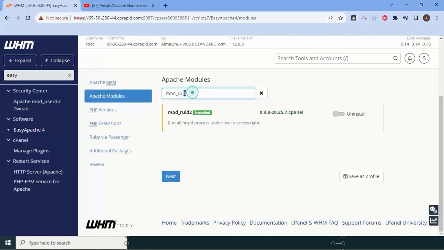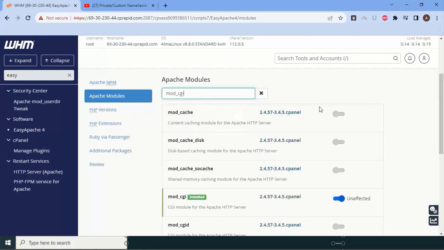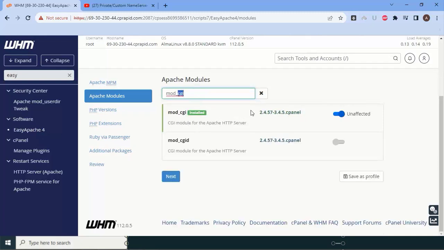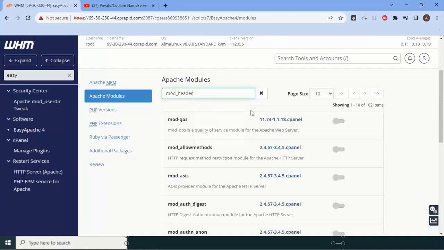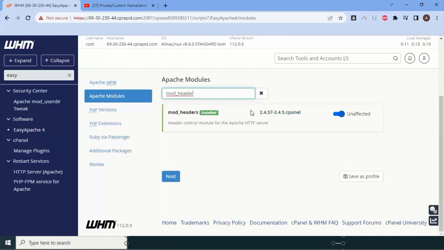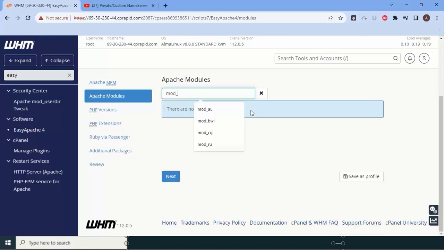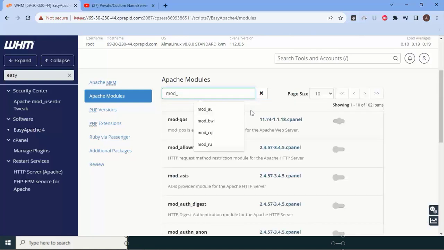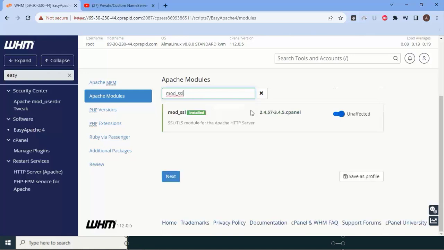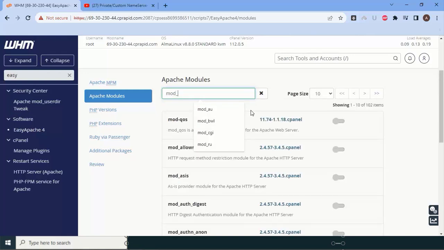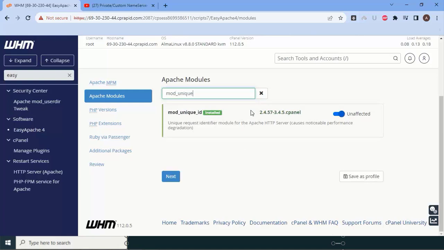Okay. After that, I will go for CGI. It is already installed. After that, I will click on deflate. Yes. After that, expires. Yes. After that, headers. Okay. Similarly, you can do other settings like PHP, then SSL, then unique_id. These are the main things we can set,